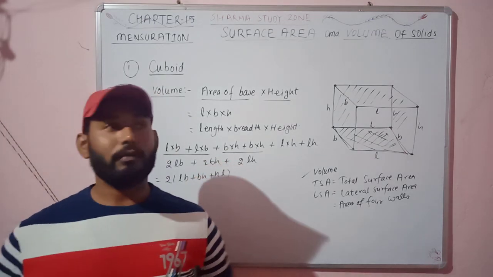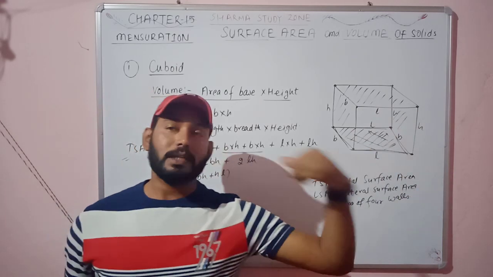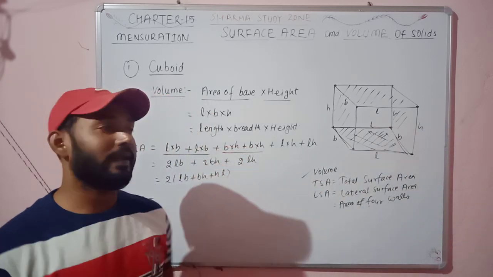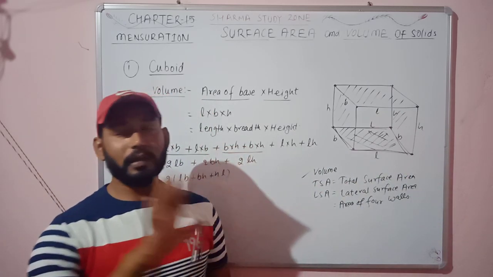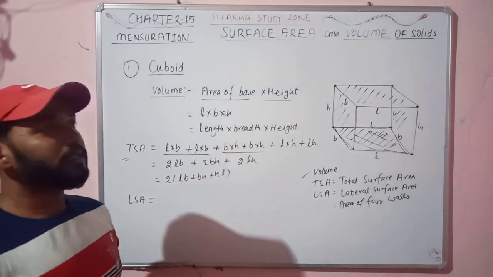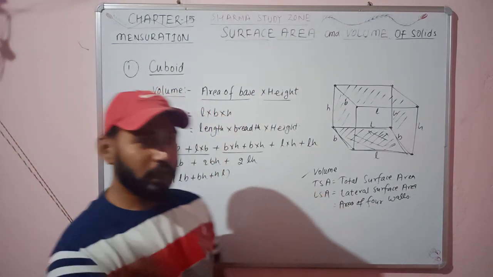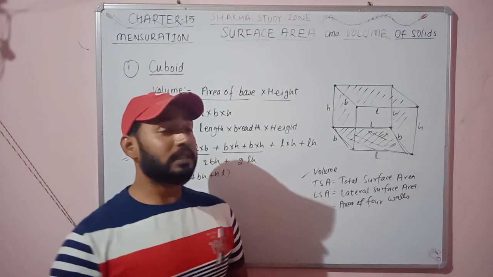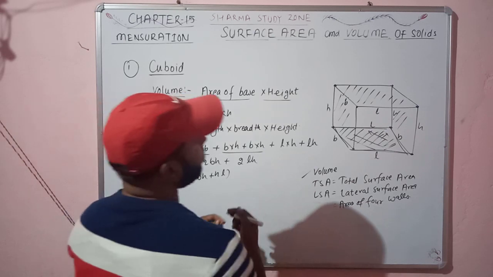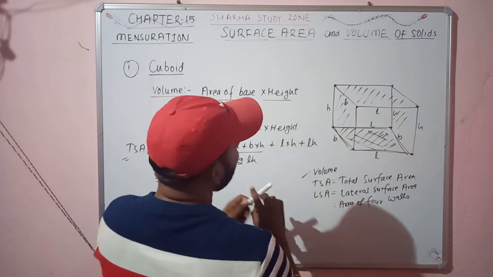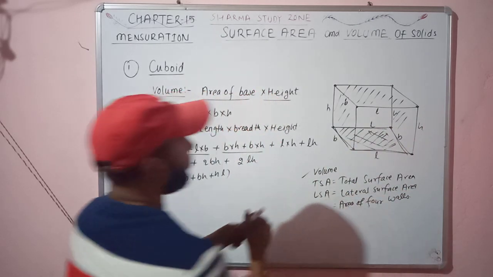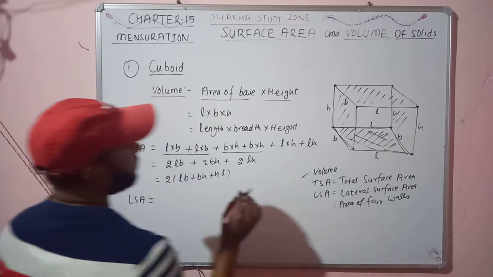In this room we have 4 walls. One is behind me and the second is in front of me. One is the left side and another is the right hand side. If we add the area of all these surfaces, you will get the lateral surface area. It means if you add the area of 4 continuous surfaces, you will get the lateral surface area. It is also known as area of 4 walls. So in this case we have 4 surfaces, so we will add the area of these 4 surfaces.